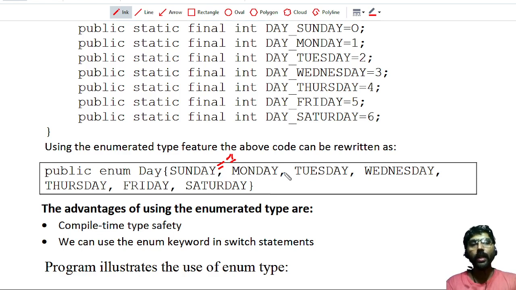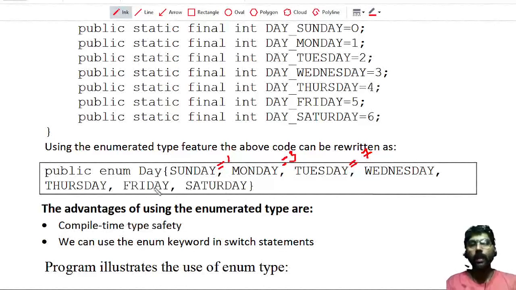For each constant, I can give a different constant value. I can individually give the value 1 here, the value 3 here, or 7 here. This is also possible. Now we can give a separate constant number for each of these values.